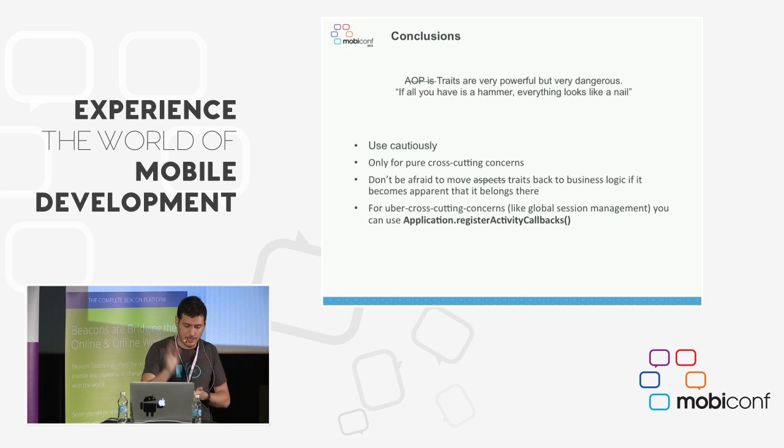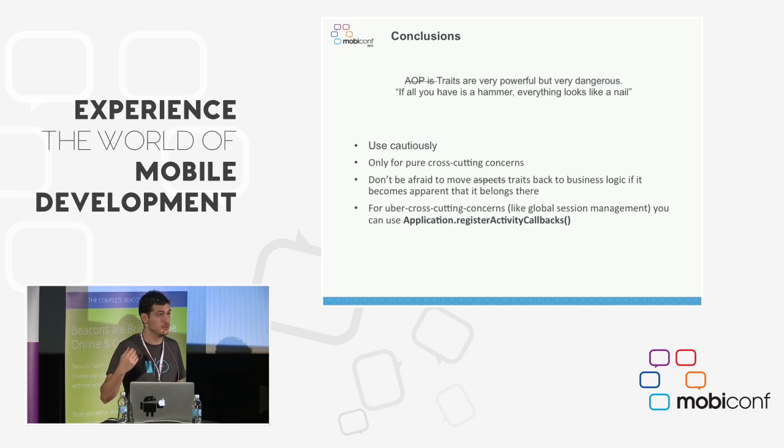And there's what I call uber cross-cutting concerns. These are basically things that would apply in all your screens, or your activities specifically, not fragments, regardless. Things like session management. How long has my user been in the app? When is the app in the foreground? You might want to do other things about when your app is in the foreground, always do this thing. And when the app leaves, do this other thing.